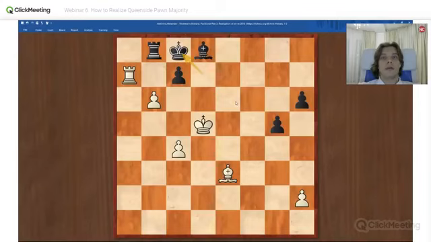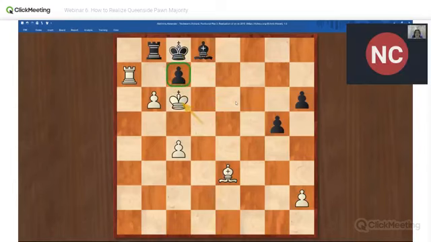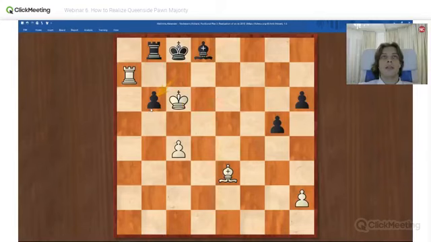King on c6. King c6, threatening to take on c7. Okay, black takes, and then